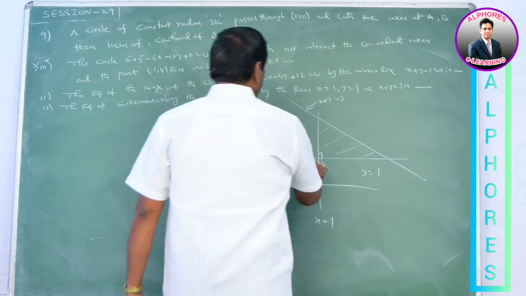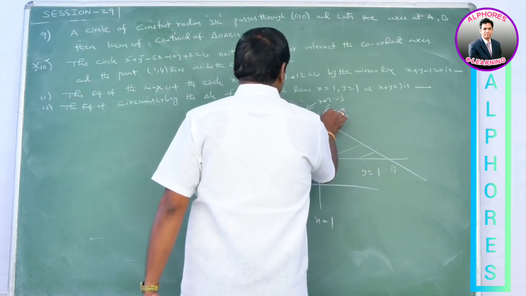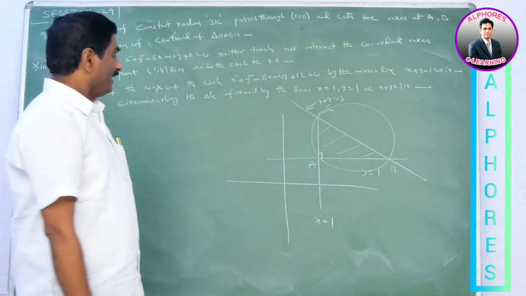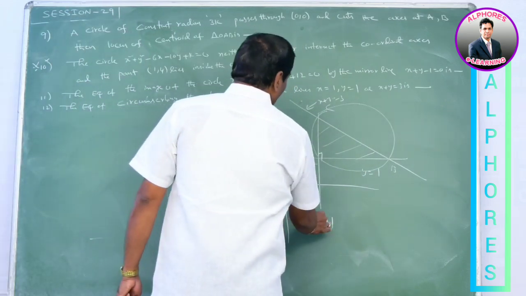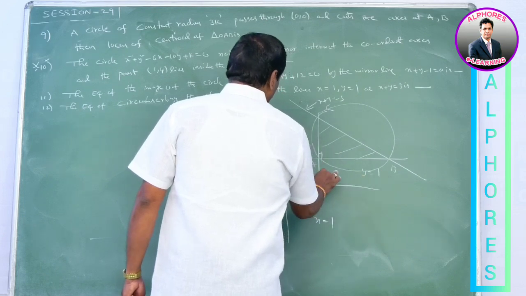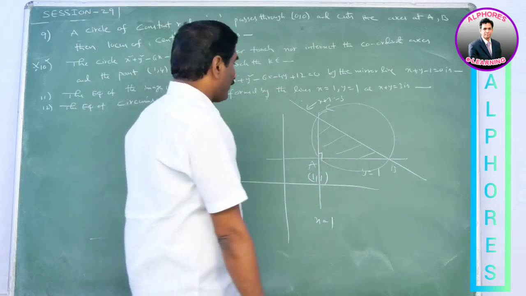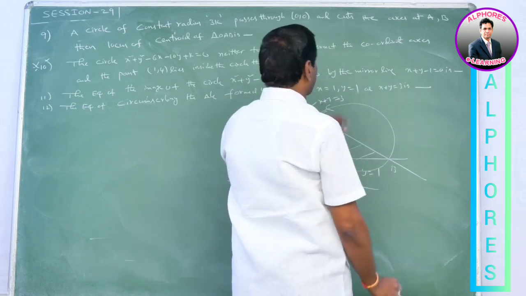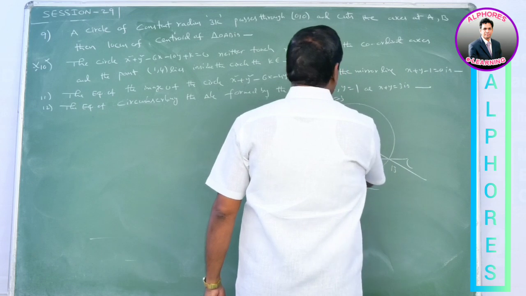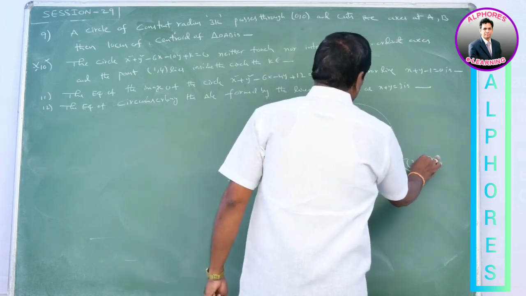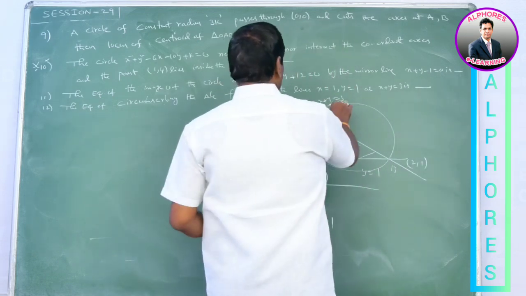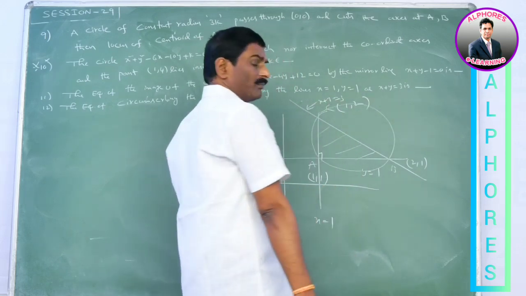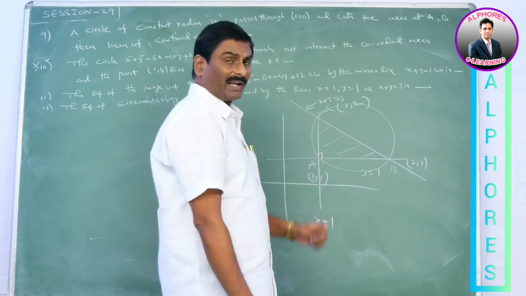The circumcircle passes through the vertices, suppose A, B, C. It is the required circle equation. Here A is the point of intersection of the lines x is equal to 1 and y is equal to 1. That means it is (1, 1). For getting B, solve y is equal to 1 and x plus y is equal to 3. The y value is 1, that means x is equal to 2, so (2, 1). Next, for getting C, put x is equal to 1 in this equation, (1, 2). These are the vertices of a right angle triangle.